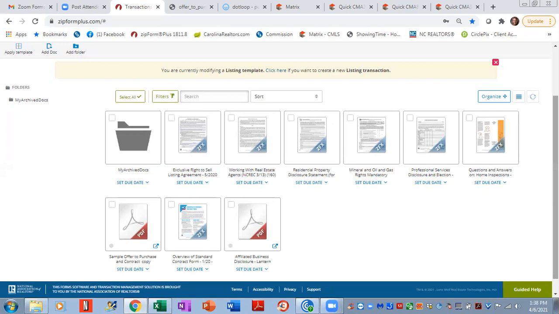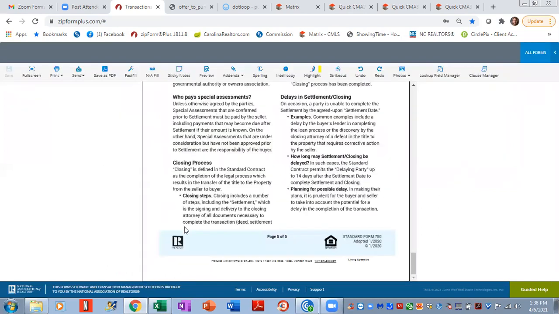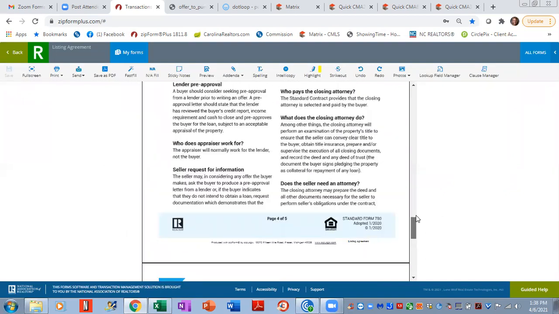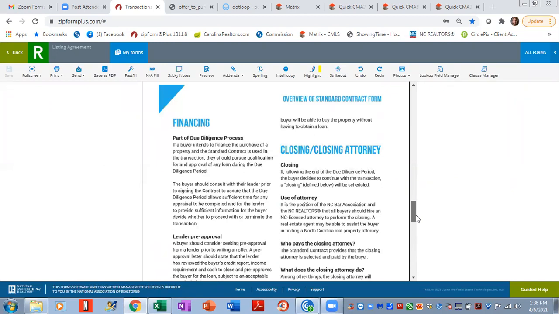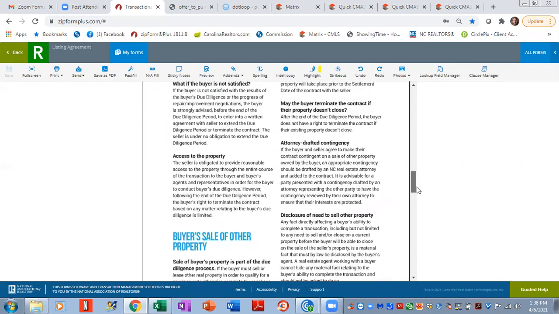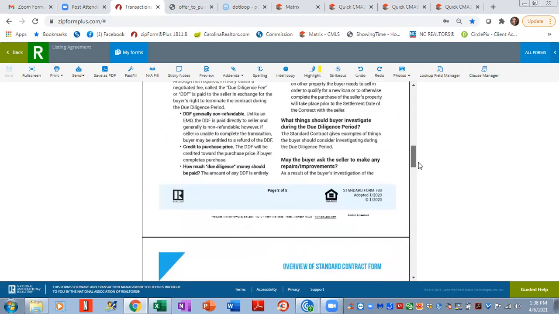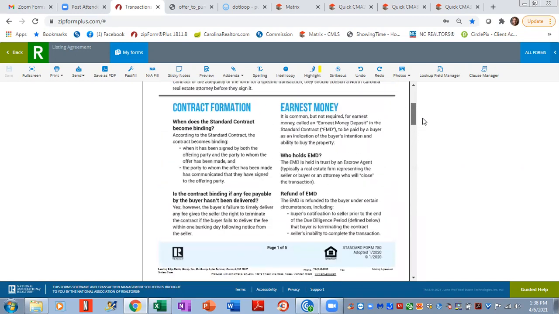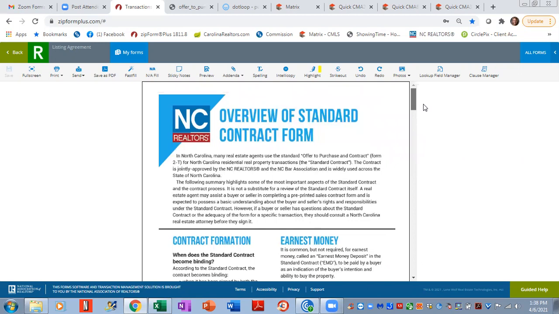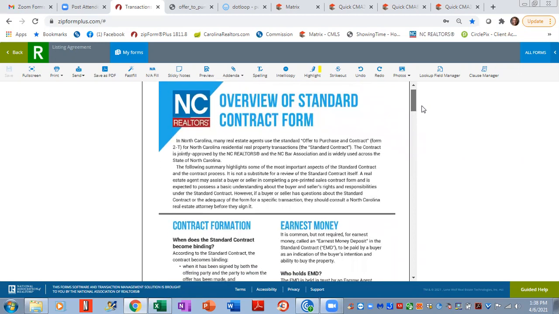Are you familiar with gas and mineral rights and what the professional services forms look like? Yes. Okay. Have you seen the overview of standard contract? That's a little hidden gem that I found a couple years back. It's a definition of what terms we use every day that buyers and sellers may or may not truly know what it means. It's called an overview of standard contract form,